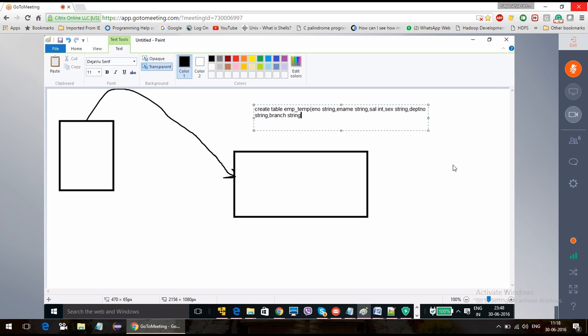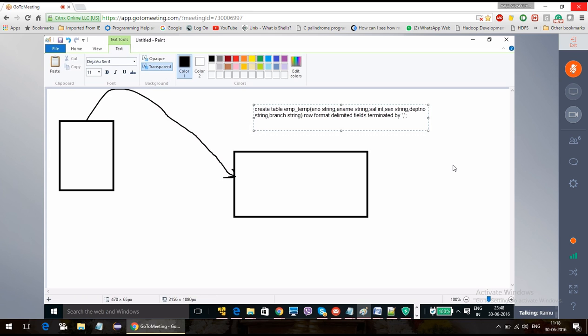Row format delimited fields terminated by comma. So this is my file.